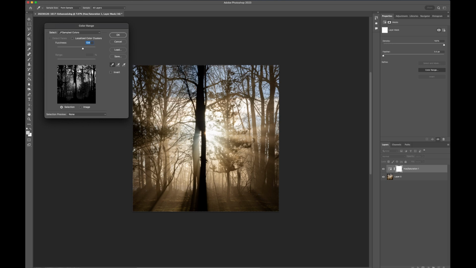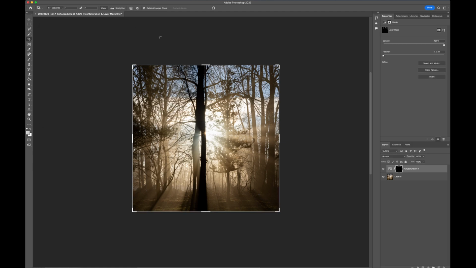And as you can see, when I select the blue, where we have a lot of this here, I'm going to reset the fuzziness to just target the blue and only the blue. So you can see that basically anything up here that's bluer is targeted in this mask. Once we've set our mask, now we can change colors of things. You can see things are getting kind of purple and everything else.